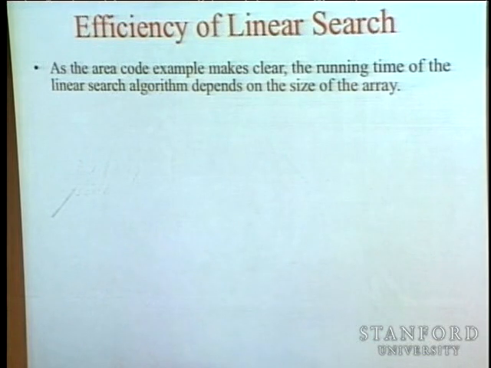Okay, so we've already talked about how linear search depends in its running time on the number of elements. Do you have a question? Yeah, I was wondering what type of search mechanism does a hash map use? Isn't that more efficient than either? Yeah. So